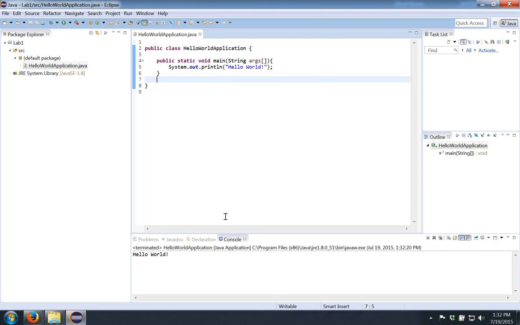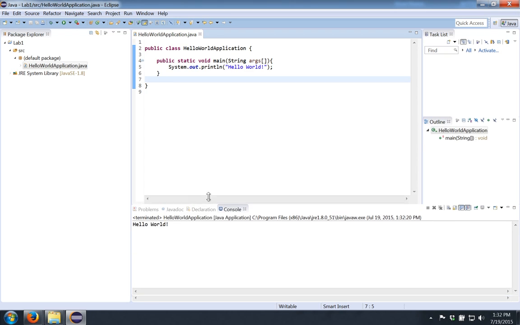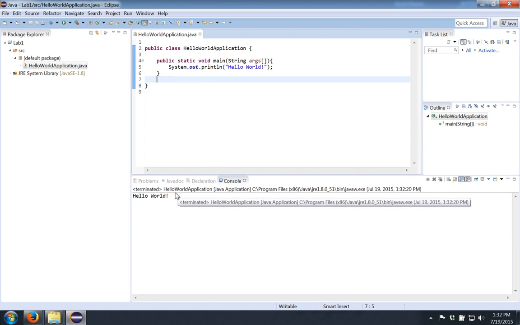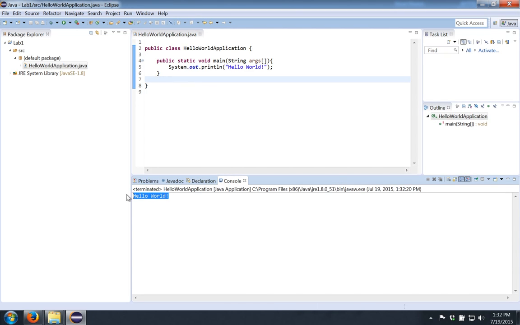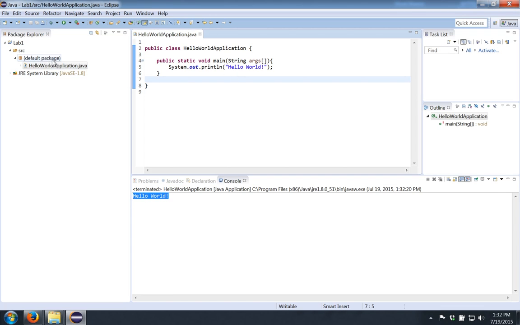Click OK. We run it, and quite predictably, it outputs hello world into the console. So a little tab comes up, and hello world is printed in the console. That's the sort of thing that the user would see if they were to run this program. All right, so that's the first